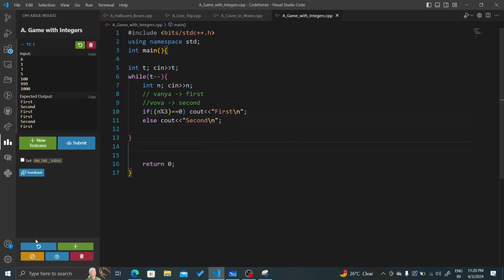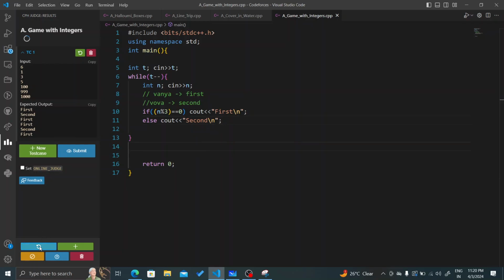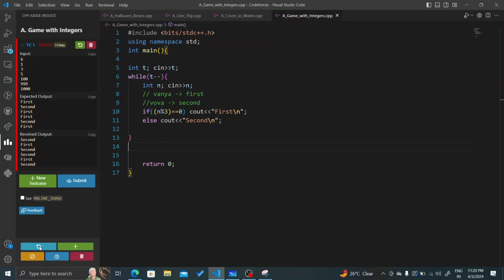So let's try this on the given test cases. First, Second, First, Second, First. If Vanya moves, Vanya wins. So according to the intuition,